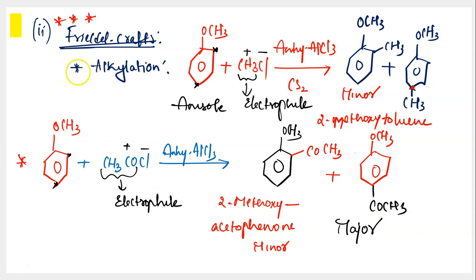So look at the Friedel-Crafts alkylation and the second one, Friedel-Crafts acylation. In case of Friedel-Crafts alkylation, you have taken CH3Cl as reagent. And in case of acylation, you have taken CH3COCl as reagent, isn't it? That's all the difference and nothing else. The mechanism is the same and also the type, electrophile attacking the benzene ring and substituting the hydrogen from ortho or para position, all of this remains the same. I hope you have understood the second type of electrophilic substitution, which is Friedel-Crafts alkylation and acylation.